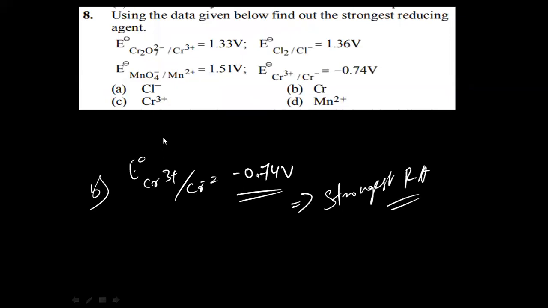Okay, here Mn2 plus, which is having the highest positive reduction potential value, that is 1.51 volt, which is greater than Cl minus, that is 1.36 volt, which is greater than Cr3 plus, that is 1.33 volt, which is greater than Cr minus, that is minus 0.74 volt. So in that given option, okay, here we have